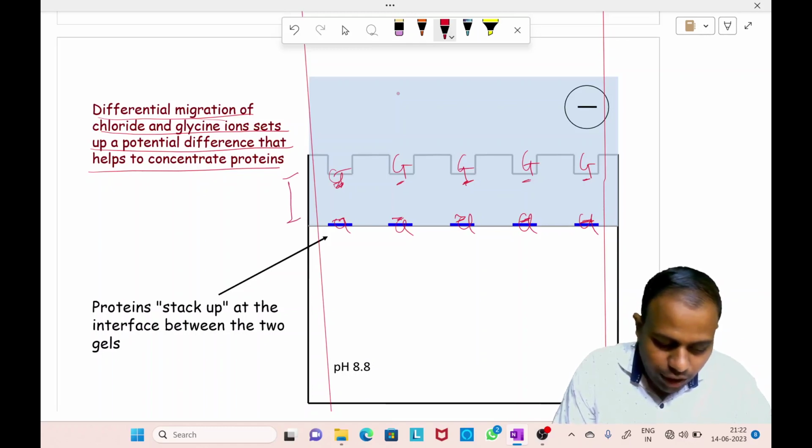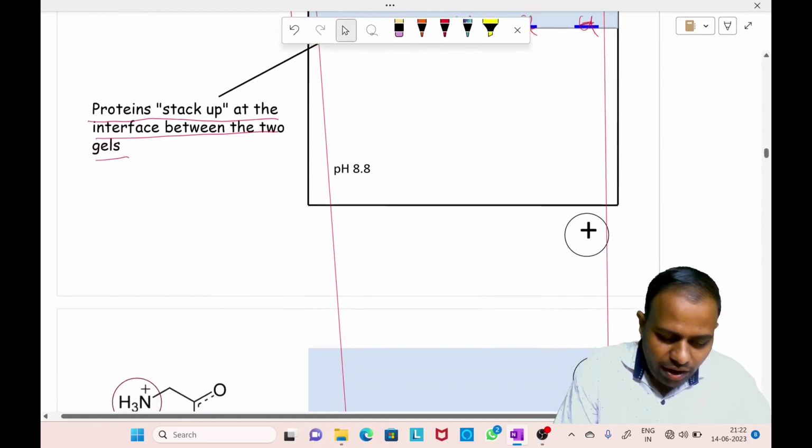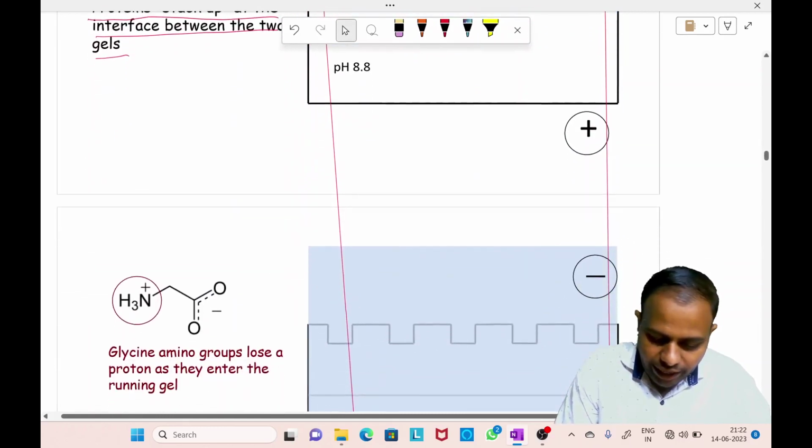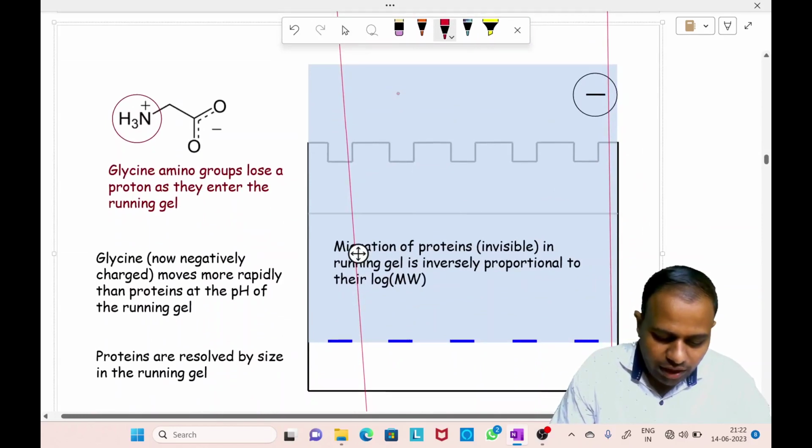Okay, due to this difference, what happens? The protein stacks up at the interface between the two gels. The protein will move definitely, but when it reaches this position, it stacks together. Okay, now when it tends to enter into the separating gel, migration of protein, when it tends to enter